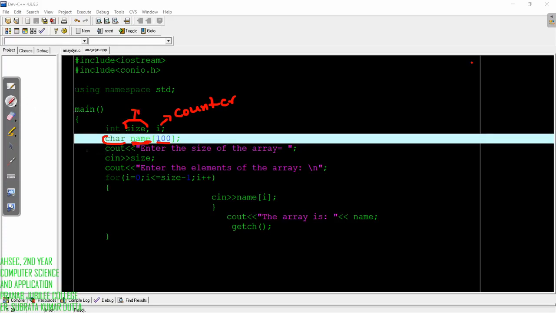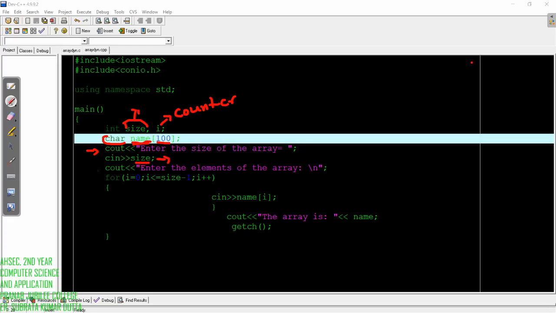Okay, next let's see the next line. We are telling the user to enter the size of the array, how much we want. Whichever value the user enters will be stored in the variable size.